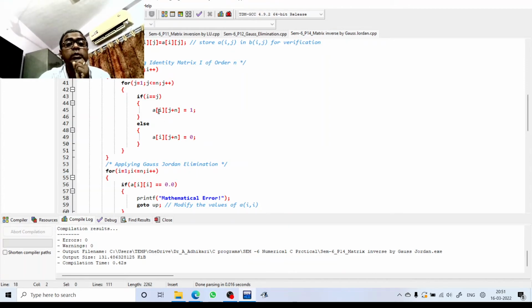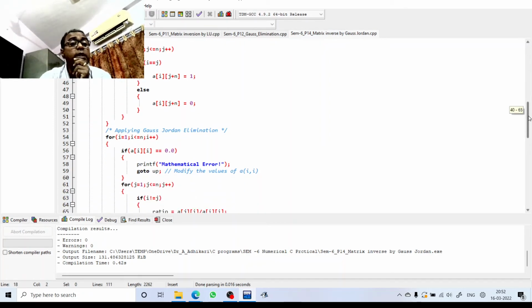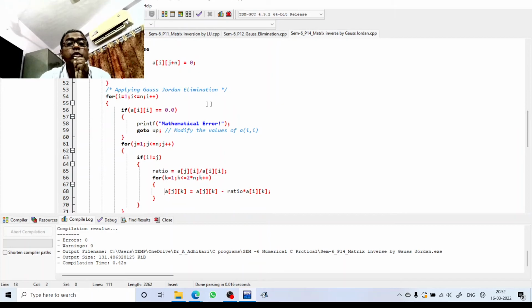তাহলে i equal to 1, j equal to 1, মানে A1 j1 প্লাস n। এবার n এর মান যদি 2 হয়, 2 by 2 ম্যাট্রিক্স হয়, তাহলে এটা হয়ে গেল 1, আর 1 প্লাস 2 হয়ে গেল 3, তাহলে এটা 1 3। তাহলে এখানে i1 j1, তার মানে তখন হয়ে যাচ্ছে এটা 1 হয়ে গেল, তার মানে A13 হয়ে যাচ্ছে 1। এলস যদি তা না হয়, তার মানে j এর মানটা যখন ধরো 2 হয়ে গেল, তাহলে i1 j2 তখন এই ভ্যালুটা নেবে, তাহলে A12 প্লাস 2 মানে 4, A14 তখন 0 হয়ে যাচ্ছে। এটাকে এইভাবে বুঝতে হবে তোমাকে। আইডেন্টিটি ম্যাট্রিক্সগুলোকে আমি রিনেম করেছি।